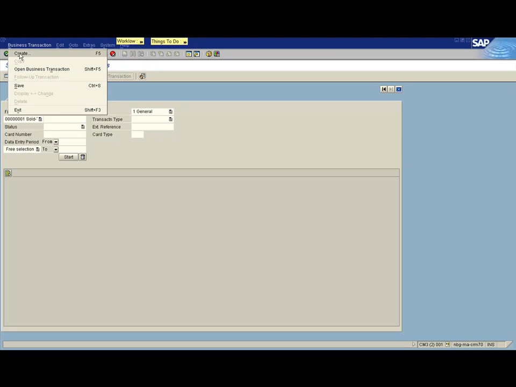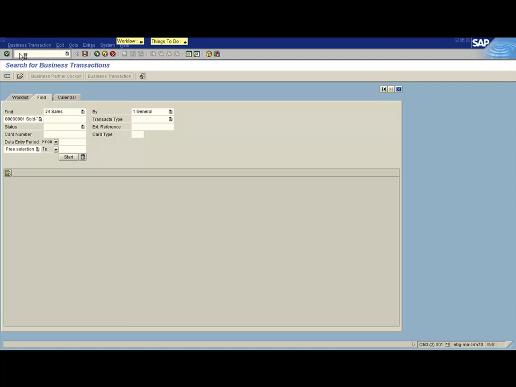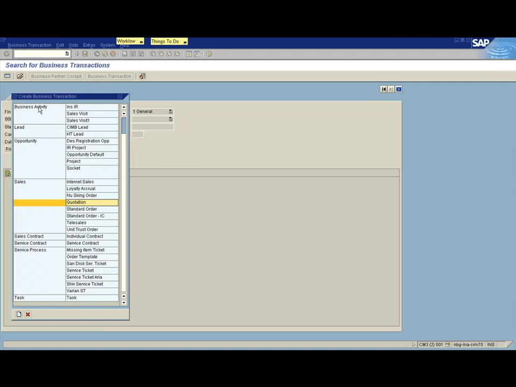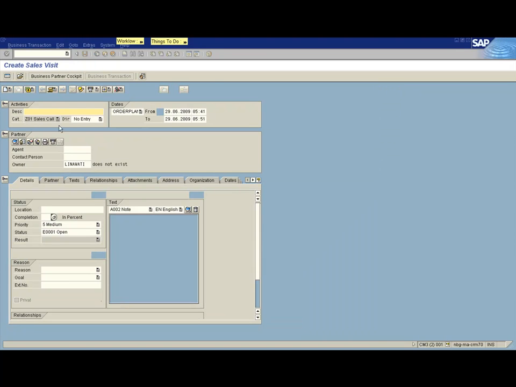Then create a new business activity. Choose the business activity because previously we used the business activity business object relation, and just the sales visit. Okay, and put any description and save the sales visit.